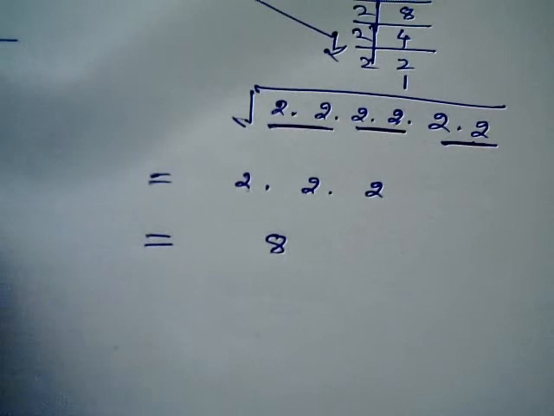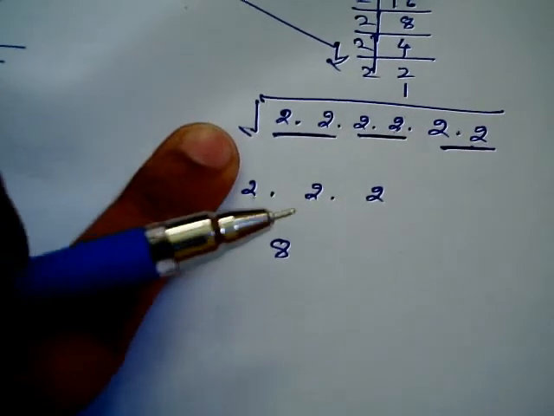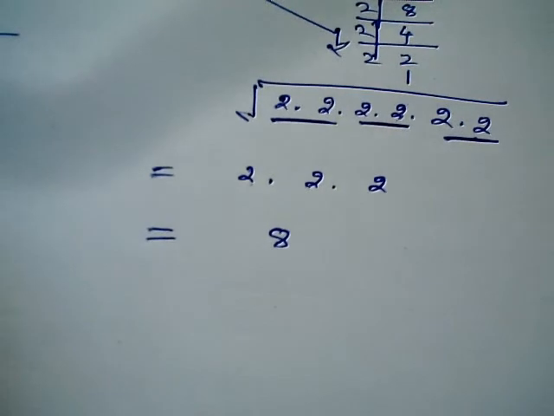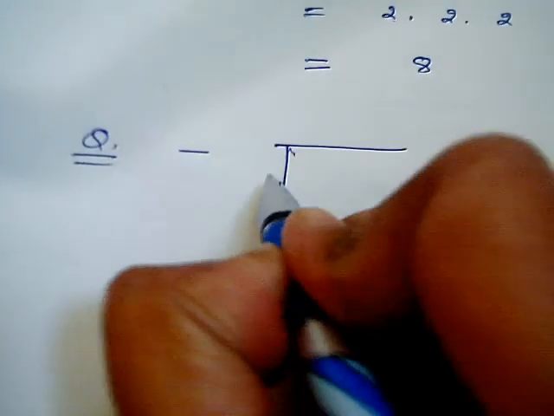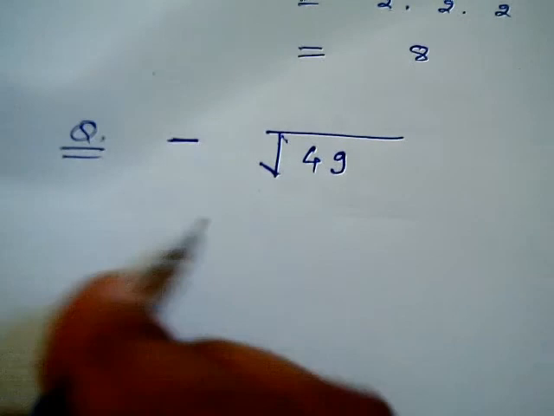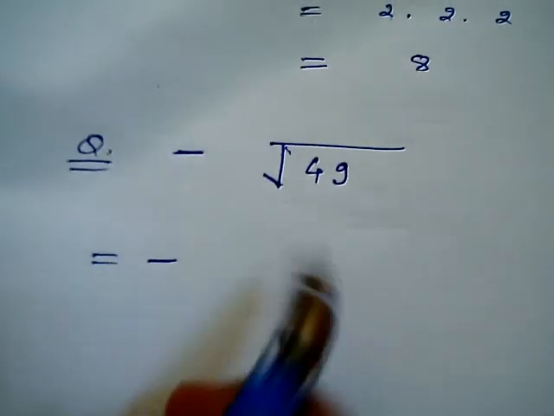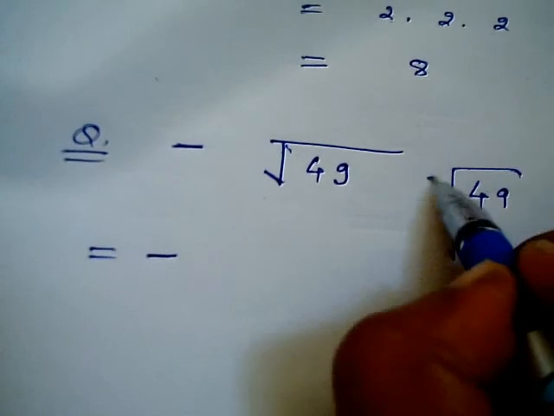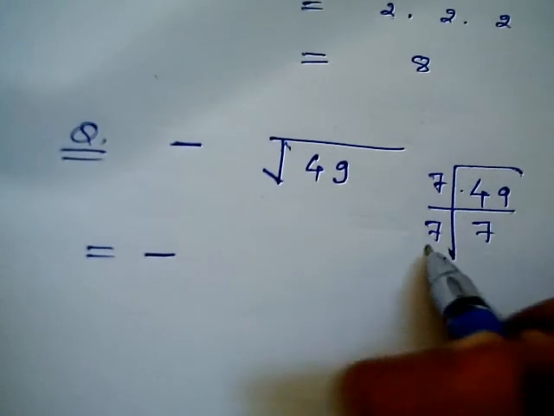Now I am going to solve one more question, the given one: negative square root of 49. Okay, the negative sign is outside, so no need to worry about anything. Now I am going to find the factors of 49. This is divisible by 7. Okay, now I'm going to write this as 7 times 7. So this number is in pair. If a number is in pair, that one number itself will be the square root of that number.